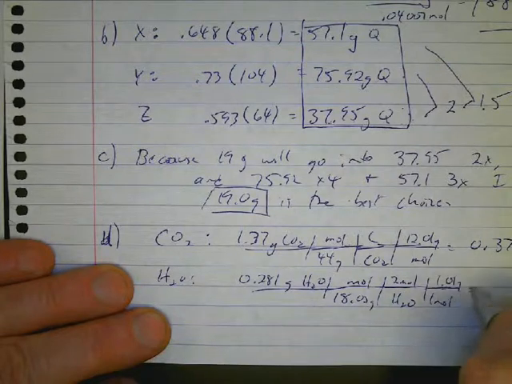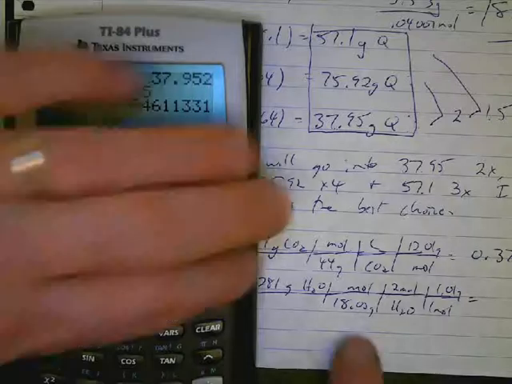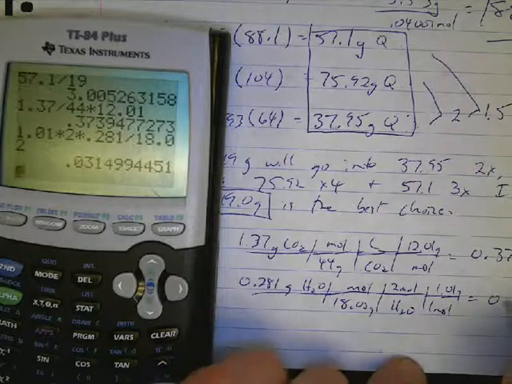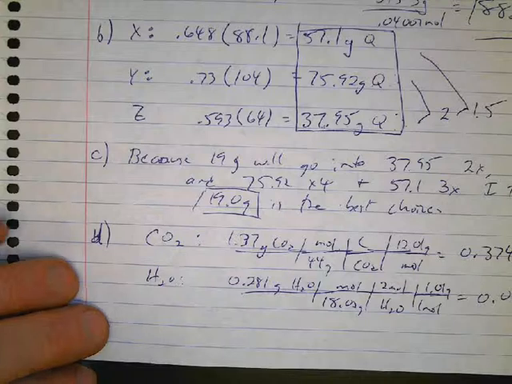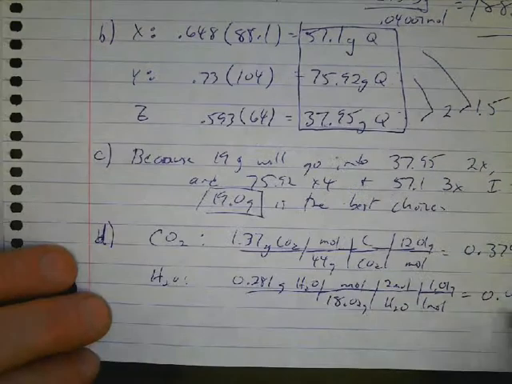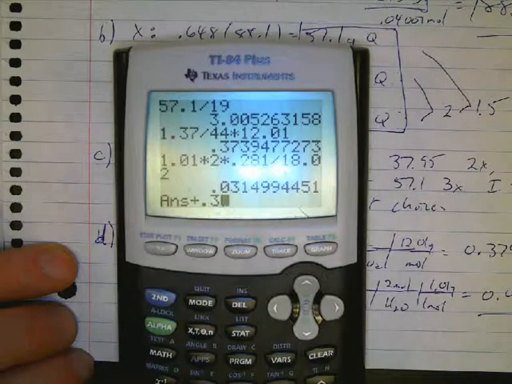So 1.01 times 2 times my given 0.281 divided by 18.02 equals 0.0315 grams of hydrogen. And last but not least, I have to add these 2 numbers up, and when I add those numbers up, I get